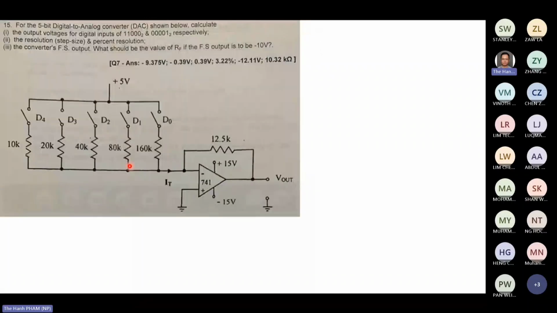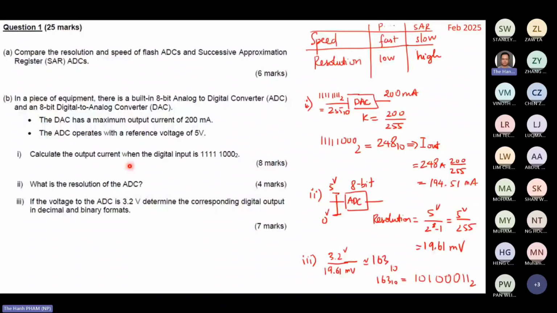Let's continue. Now let's take a look at this. This is a typical example of the second question of my part, where you have to design the whole thing. Now, you are given this circuit, and the first question is